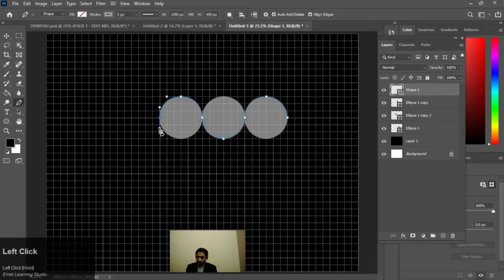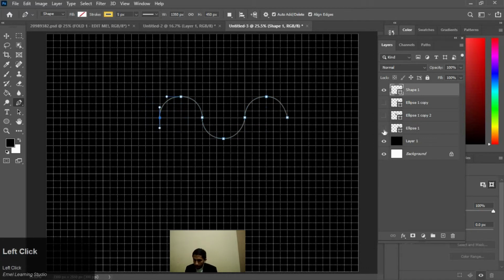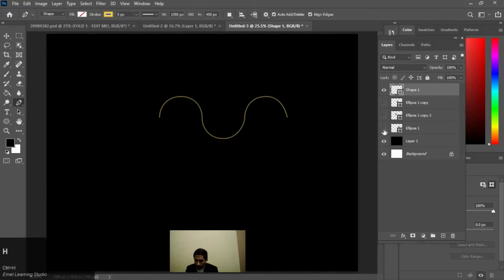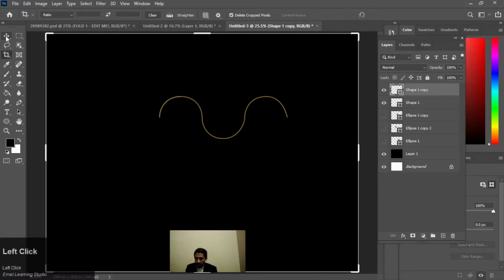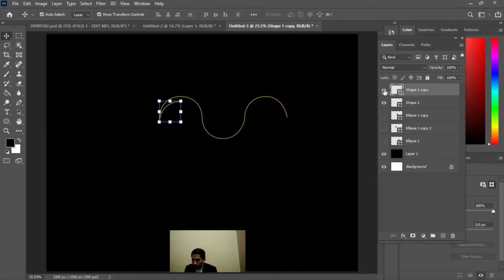Okay, here our curve is ready, and then give it a stroke, not a fill, give it a stroke in a bright color like this. Okay, now press Ctrl H to view it. Okay, it's done. Now press Shift 1 and copy with Ctrl J and place it. Take this copy below. Somehow there was an error, so you can see that it does not take the full layer.